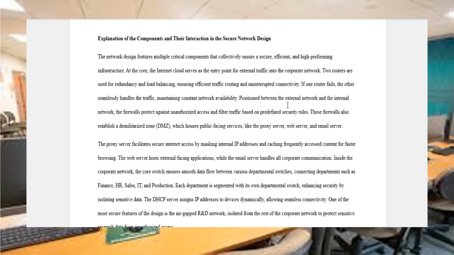Positioned between the external network and the internal network, the firewalls protect against unauthorized access and filter traffic based on predefined security rules. These firewalls also establish a demilitarized zone (DMZ), which houses public-facing services like the proxy server, web